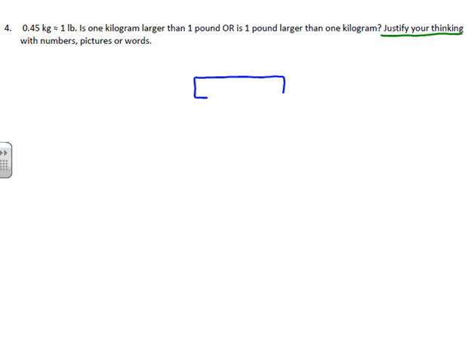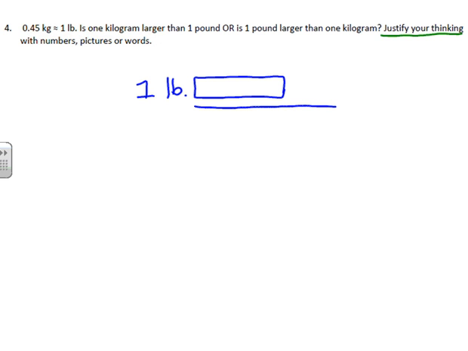So I'm going to just draw a rectangle and say that amount is 1 pound. Now that doesn't make perfect sense because pound is a weight, not a length, but we can still use it to help us with the visual representation. 1 pound is about equal to half or just under half of a kilogram. So if I take